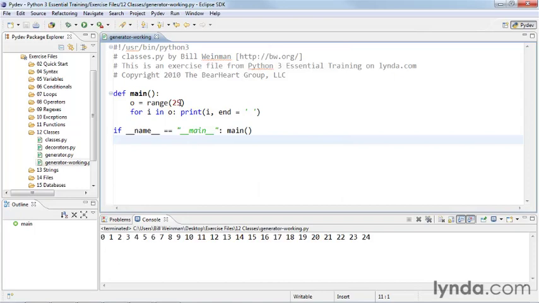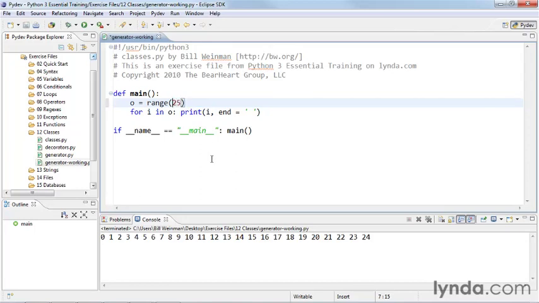Range is non-inclusive, which means that when we ask for a range of 0 through 25, what we get is 0 through 24, because it's up to but not including the range we specify. Range takes 3 possible arguments. It only requires 1. And so those 3 possible arguments are the start and the stop and the step. And so if we start at 0 and stop at 25 and step by 1, this is the result that we get. And so start and step default to 0 and 1, and all you have to specify is the